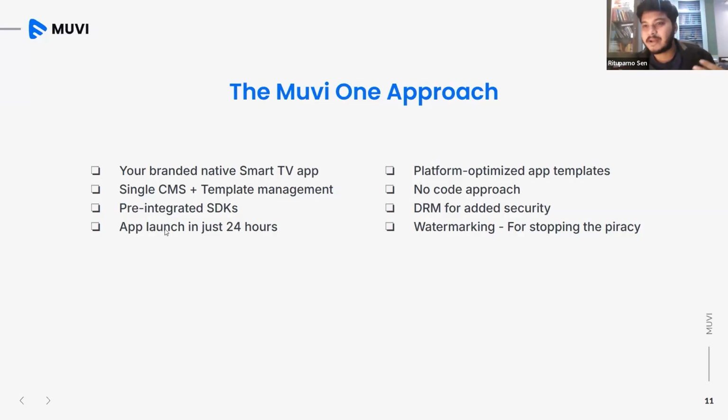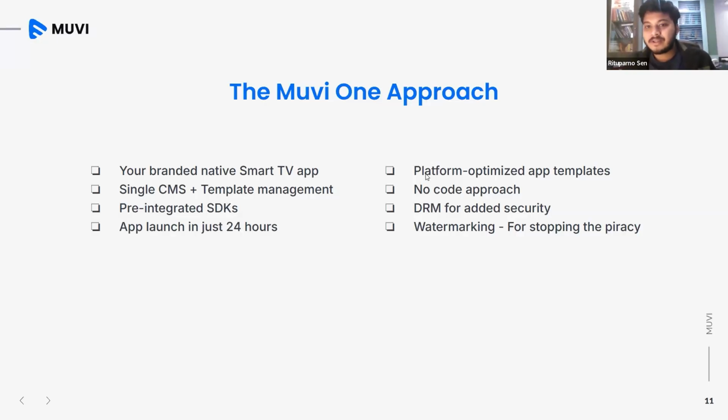But again, there are some manual inputs. Basically, how our purchase flow should work is that our customers just need to give the basic details. They have to provide the logo, how their app is going to be named, and the descriptions that they want for the app store. With these basic details, we can generate their own branded native TV app. This is our core philosophy all the time while we develop any kind of TV app.